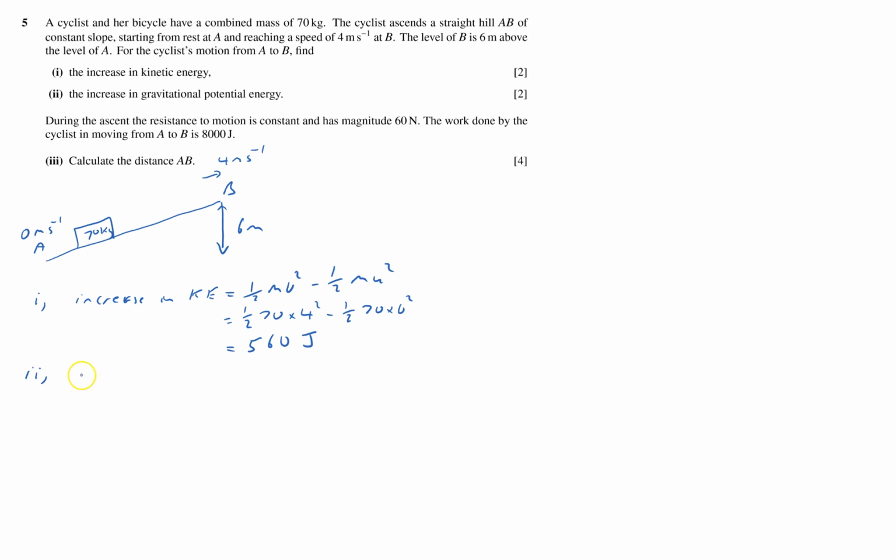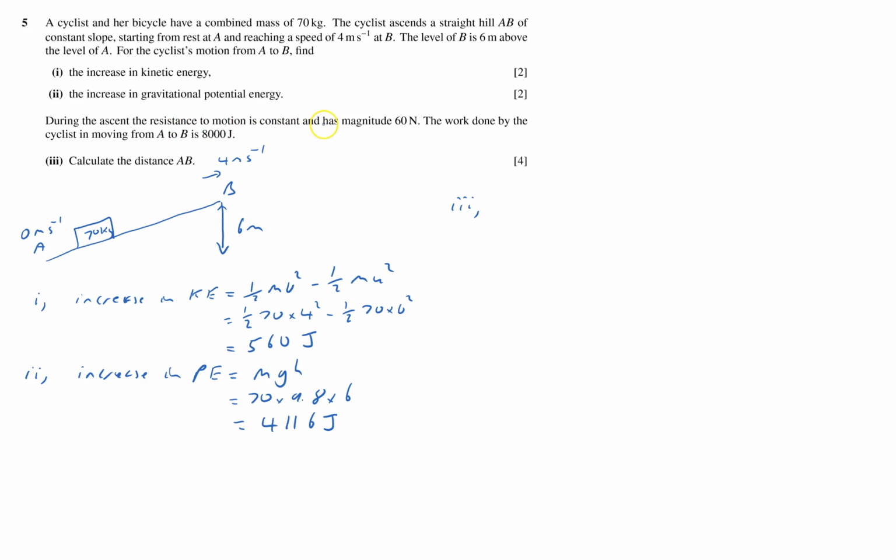Part 2, increase in potential energy, or gravitational potential energy. That's just mgh. So that'll be 70 times g, which is 9.8, times the height it's gone up, 6. So that is 4,116 joules. And then for part 3,